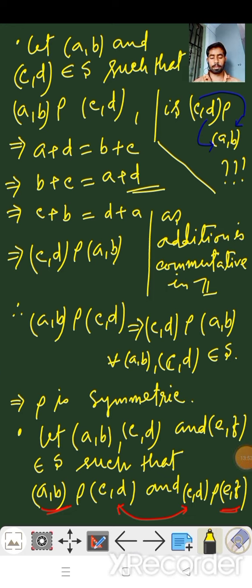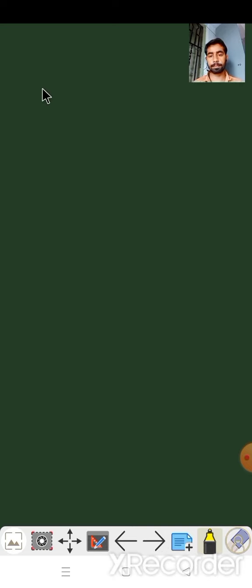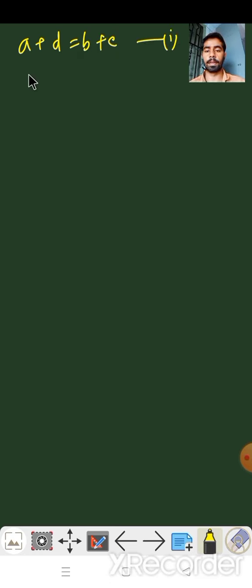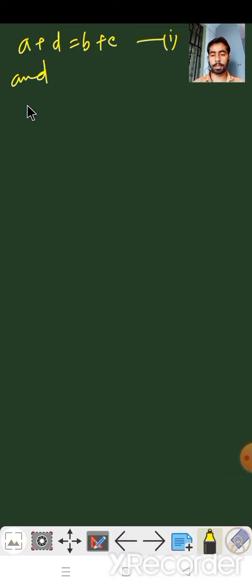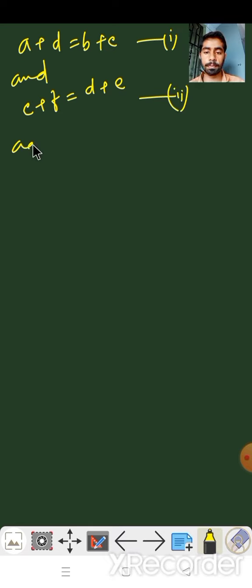In the next page, by the definition of rho, we can conclude that A plus D equals B plus C, and here it is given that CD is related to EF, and therefore C plus F will be equal to D plus E. Adding 1 and 2, we have